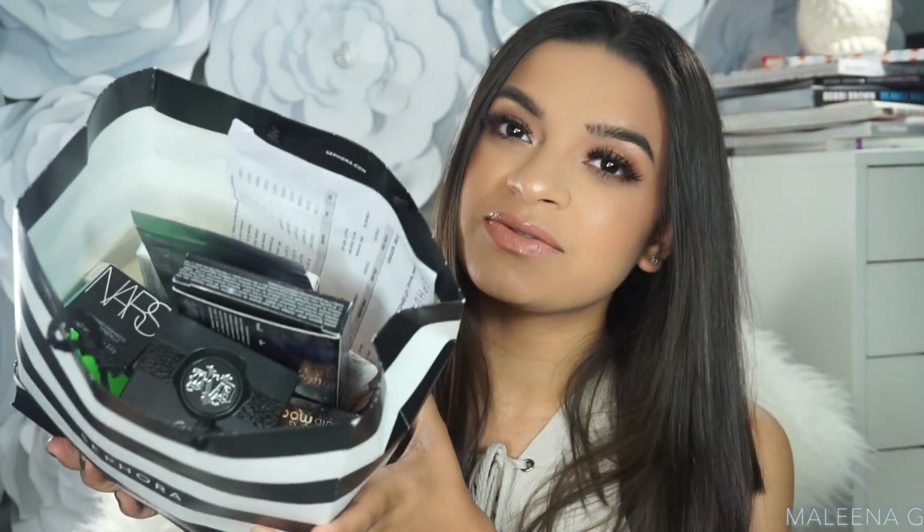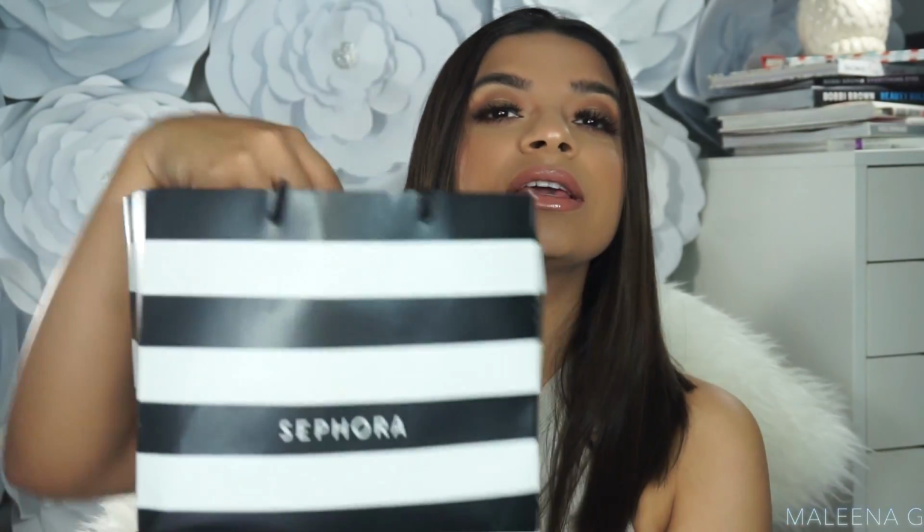So this is my pretty hefty Sephora bag. It is filled with so many goodies, and I'm just so excited to share them with you guys. I can't even wait. I don't really know where I want to start yet. Let's just magically pick something out. Let's see. Okay. Alright, so this I actually bought a couple weeks ago, and I did try it out,